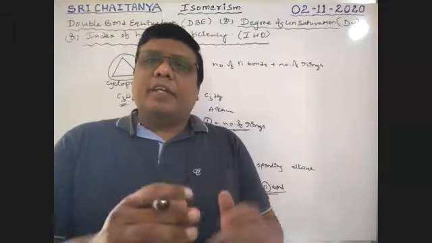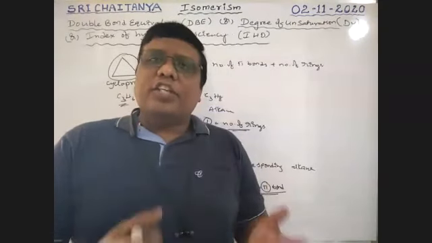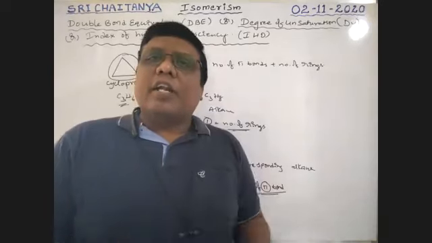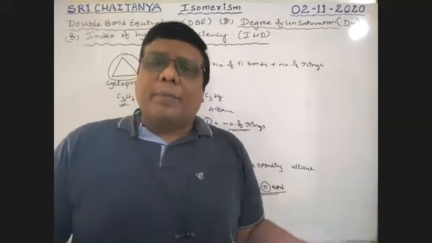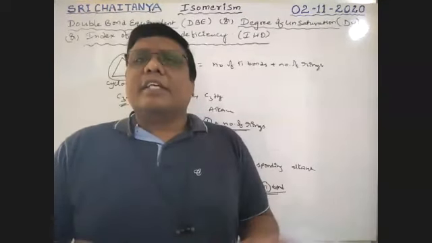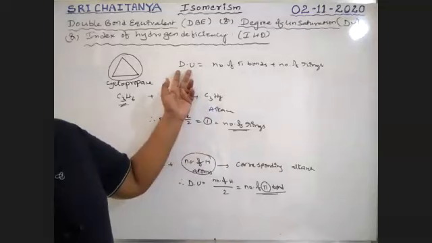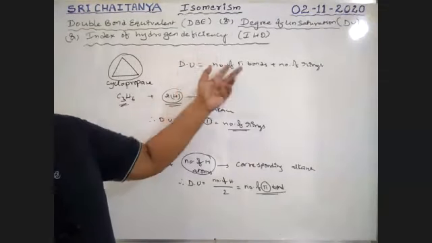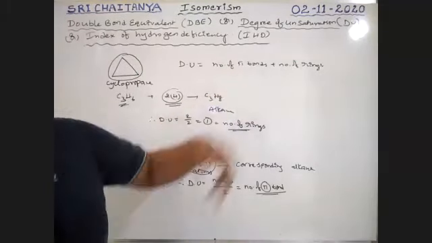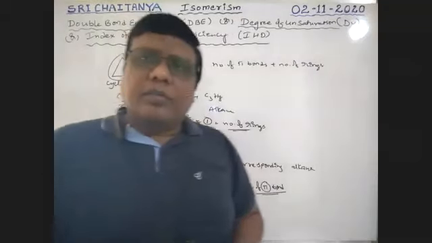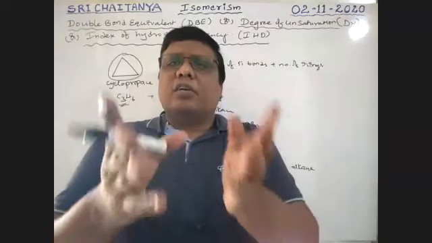It is a way to explain degree of unsaturation. That means the compound has some unsaturation. That unsaturation is due to a shortage of hydrogen, which is called the index of hydrogen deficiency. That is due to the presence of pi bonds or rings. So pi bonds and rings create unsaturation in the compound. Therefore, degree of unsaturation, or double bond equivalence, or index of hydrogen deficiency, is equal to number of pi bonds plus number of rings. If structures are given to you, first of all, find out how many pi bonds and how many rings are there. The sum of all this is equal to degree of unsaturation.